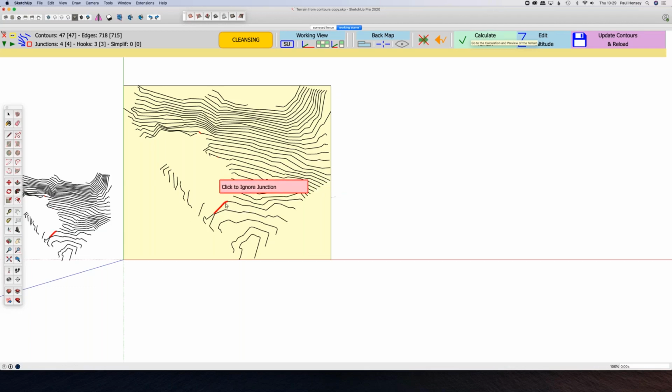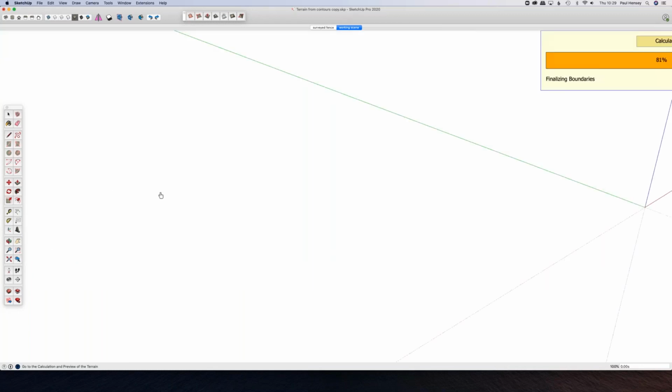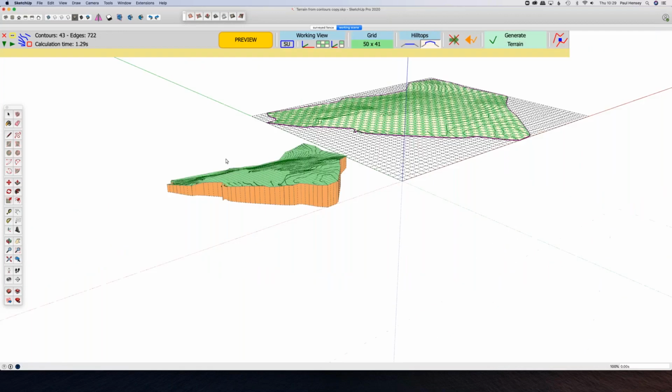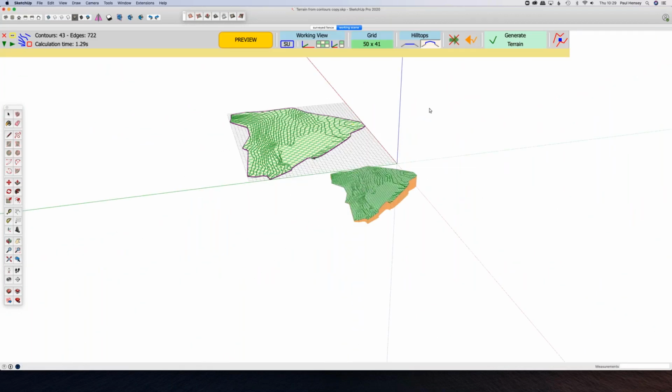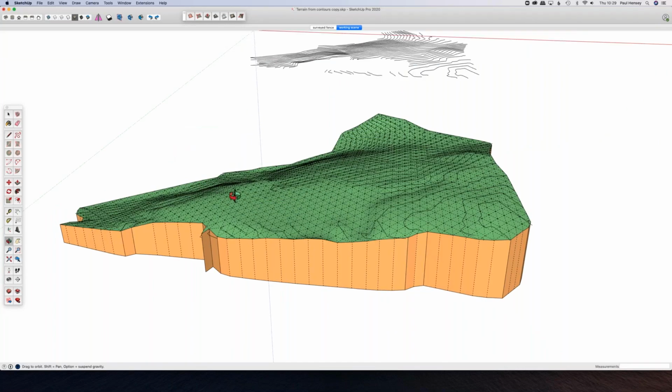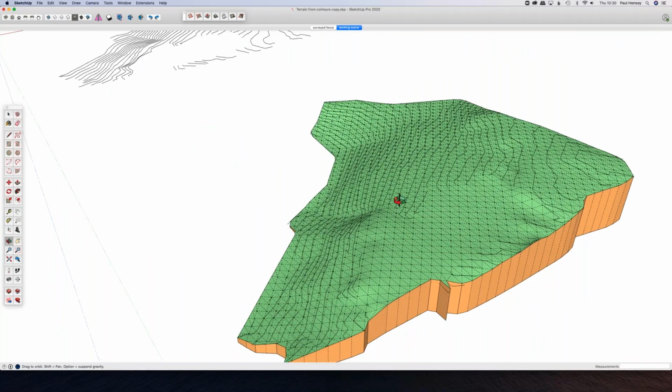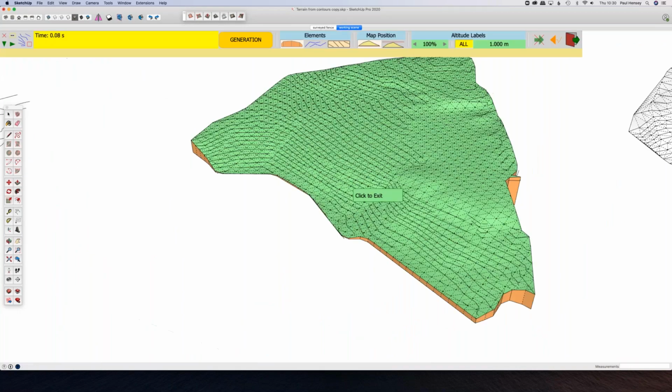It gives you lots of options to fix some lines. You see these little red lines, it's found that there are gaps, and it's asking if I mind it, or am I happy with the fix that it's offering. So I'm just going to say calculate terrain. And there we go. That's generated the mesh. So I'm just going to say, yeah, we'll go with that. And there is my terrain,